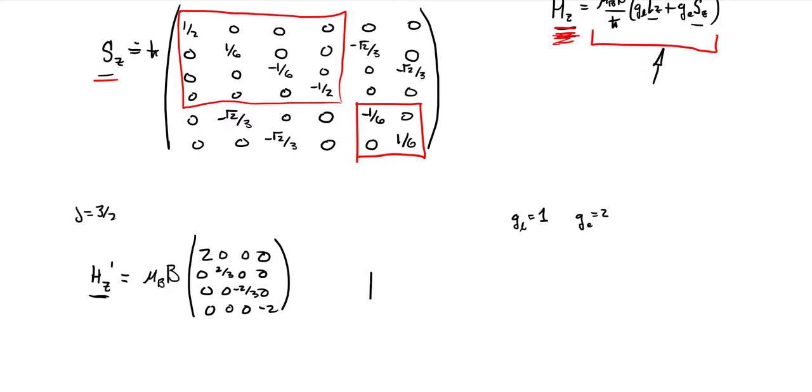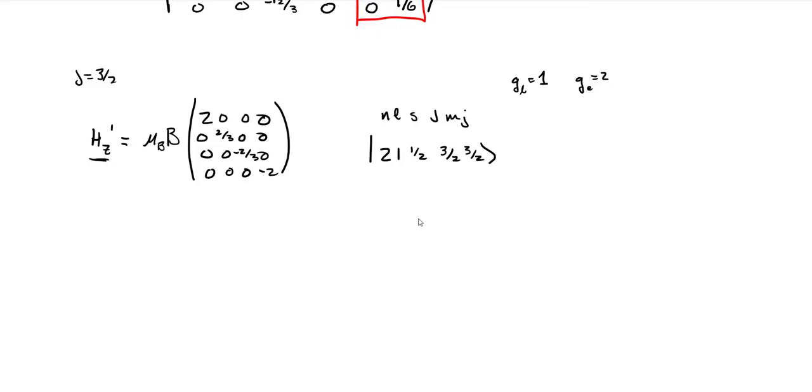We know that those states, the 2, 1, 1/2, 3/2, 3/2 states, where this is the n, l, s, j, m_j basis, those four states in that degenerate subspace are just 2, 1, 1/2, 3/2, 1/2, and then the next ones, the only difference is going to be the -1/2 and the -3/2. Those states stay the same. The perturbed states are the same as the unperturbed states.